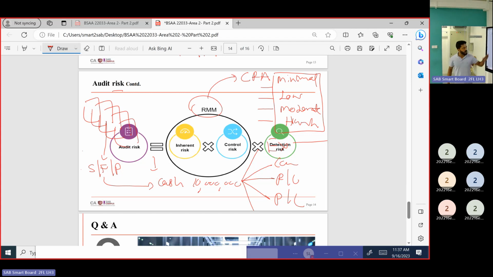Example, you have to verify the financial statements of ABC manufacturing company. You have the statement of financial position. In that, you have the inventory balance. For the inventory balance, you have assertions. What's that? One assertion is existence. The other one is valuation. Existence assertion: as at the reporting date, does this much inventory exist or not? That's the assertion, right? So is there an inherent risk? Yes, there may be inherent risk.